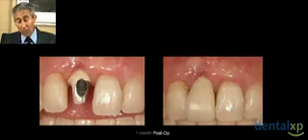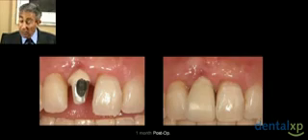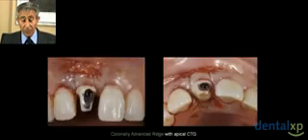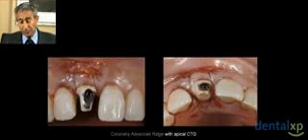So we now need, at this stage, to make a flap, a full and partial thickness flap, to harvest some connective tissue graft, and to advance the flap coronally over this connective tissue. We let it heal for a few months. We do have a better result than before, but it is not sufficient. So we have the choice to make another connective tissue graft with another coronally advanced flap, or another technique developed